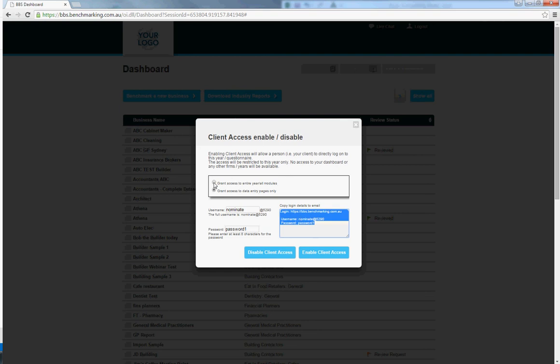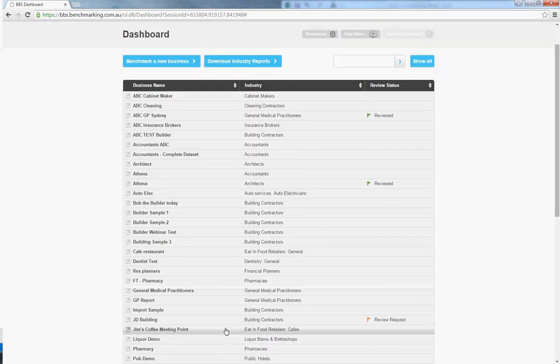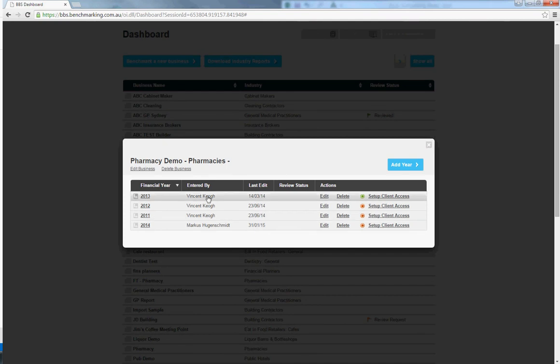Now the handy thing about this client access is you can actually lock down different sections of the application. So if you'd like the client to be able to see all the different tabs that we just ran through in the application, you click the top option. If you'd prefer to just lock it down to the data entry page, then you click the bottom option here, which will allow them to only see the data entry page. So once you enable that, it will have the client's record here,